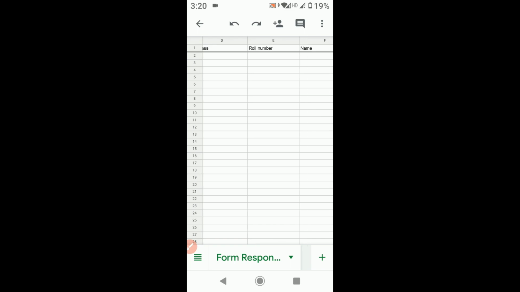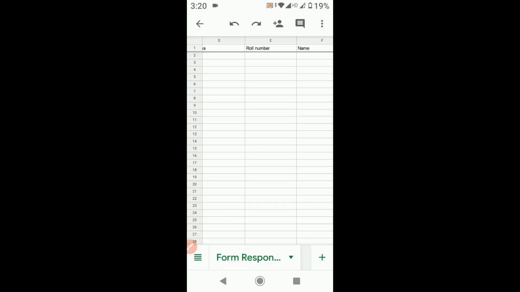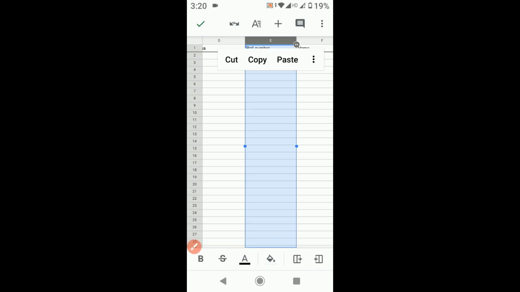Now I will tell you the settings which we have to do after this Excel sheet is filled. Your 224, 225 students will fill this, and the classes will be A, B, C, D, E, and roll numbers will be different. So firstly we will be setting the roll numbers, roll number wise. We will click on this E. Press E for some time. This full column will be selected. Now it is empty, but this you have to do after you get the responses.